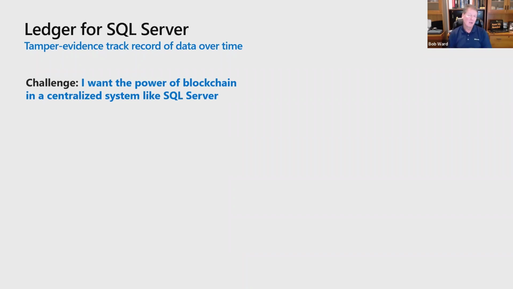really important, because what if you have a decentralized authority of data in a decentralized system? It's what blockchains do today. You want to trust the data. All these different parties want to trust something that no one has central authority for. So our Microsoft research team with our engine team got together several years ago and said, that's really interesting. I don't mind this decentralized authority concept, but I need a centralized system, because decentralized systems don't perform very well. They don't have data management capabilities, but there is this thing called SQL Server that has that, or Azure Database has it as well. So let's make sure we understand a little bit about how this works.